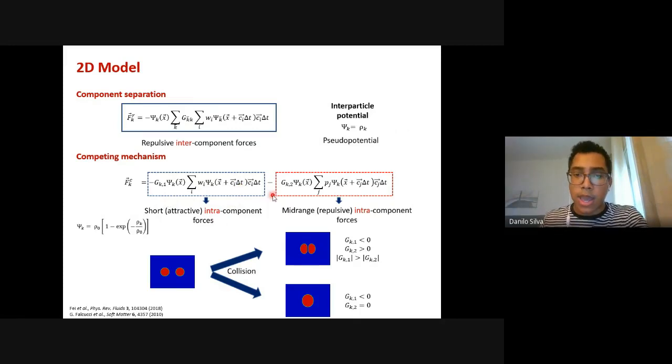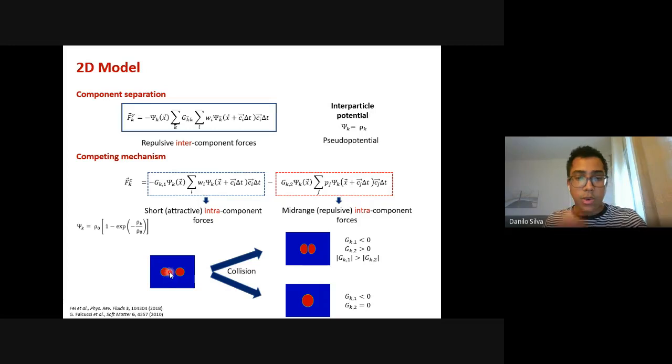So one can add a mid-range repulsive intercomponent force, which acts on the first and second neighbors, while the other one only acts on the first neighbor of the lattice. This way we can frustrate the coalescence of the droplets,